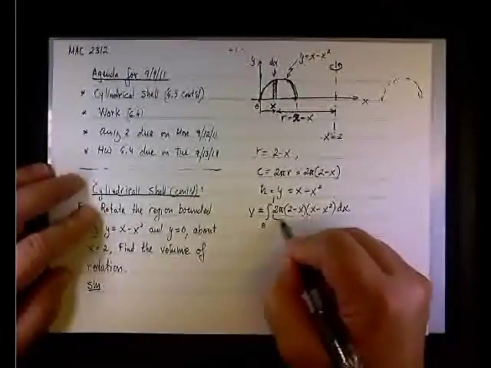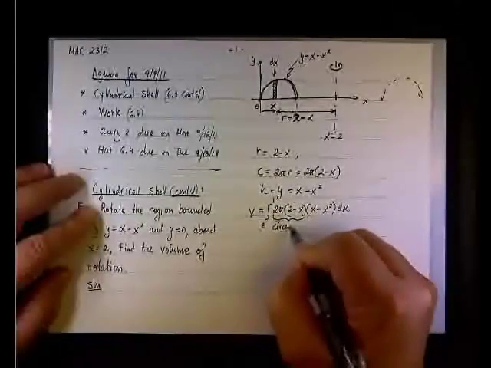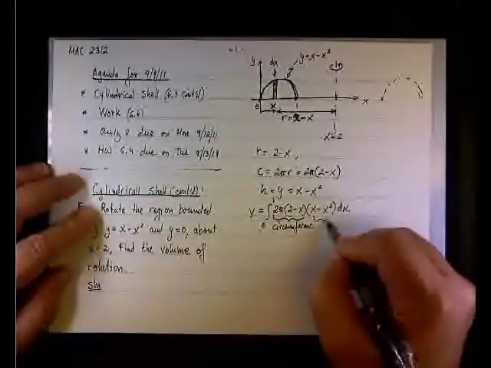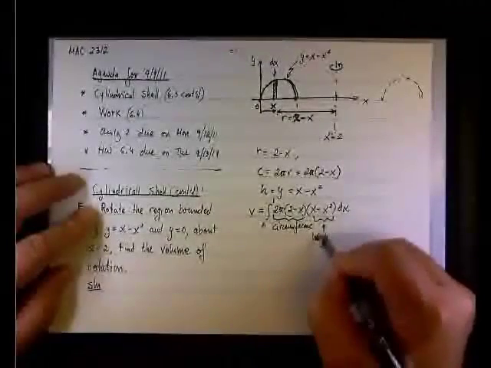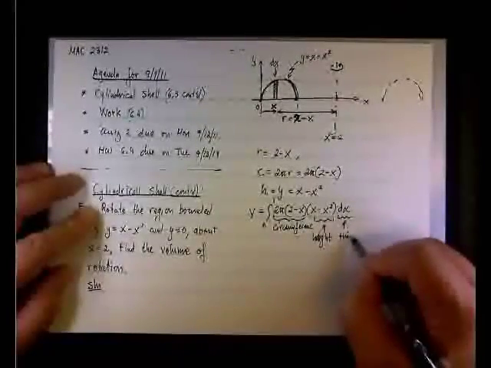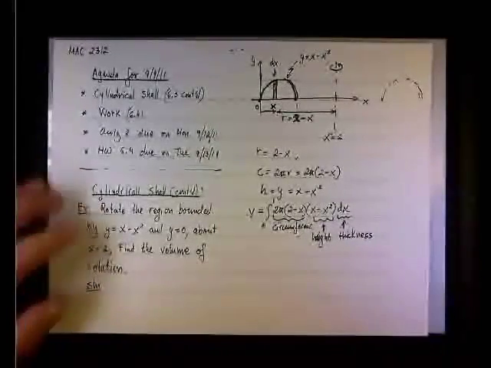Again, this is just to remind ourselves: circumference, height, and thickness. The three key